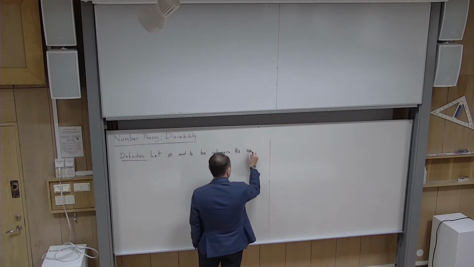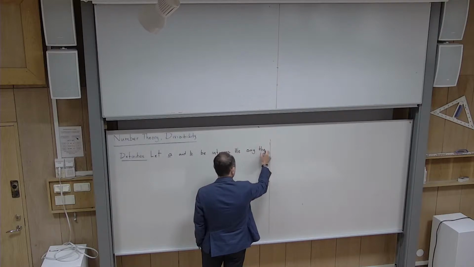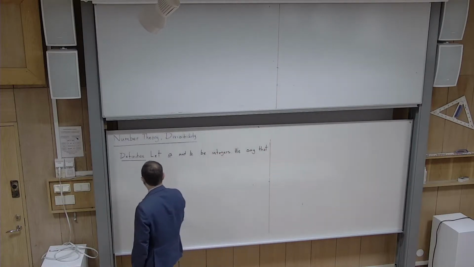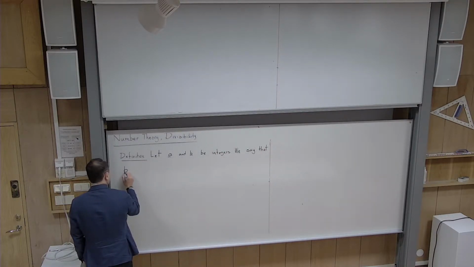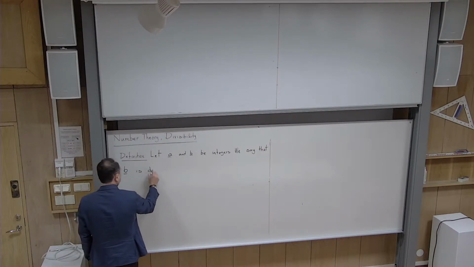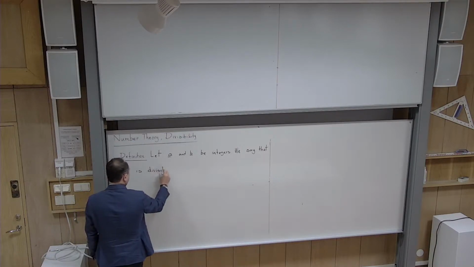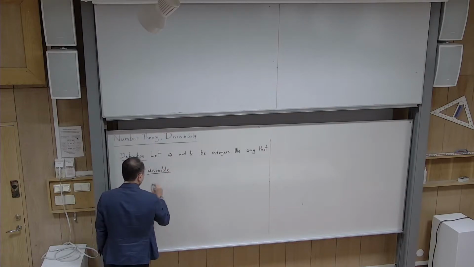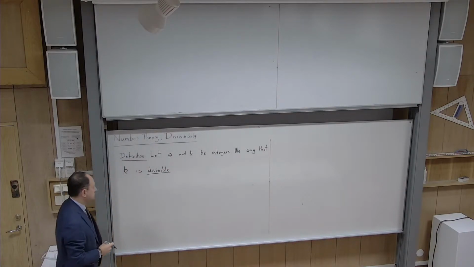We say that B is divisible. This is the word that I'm going to define. B is divisible by A,